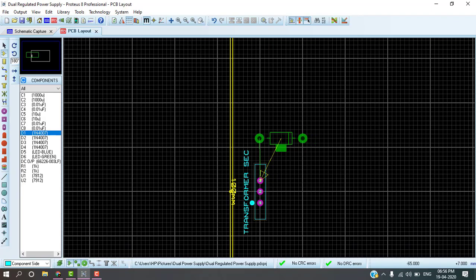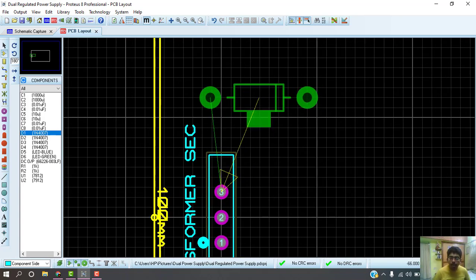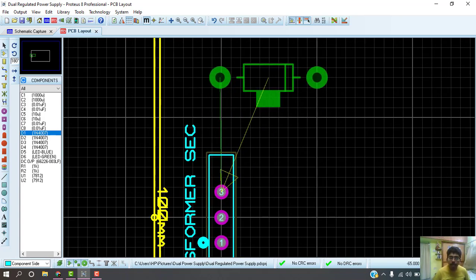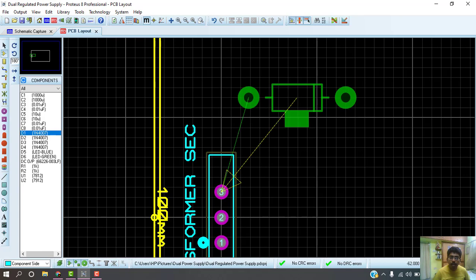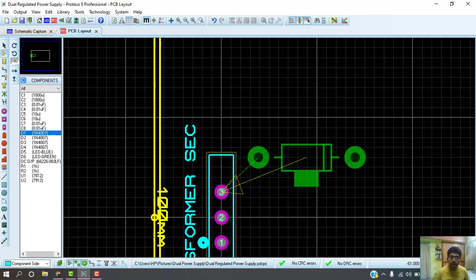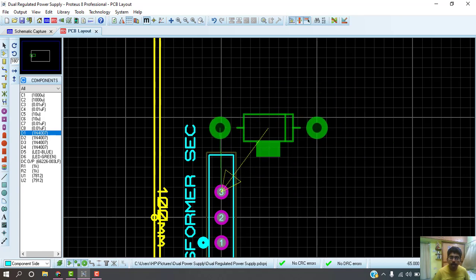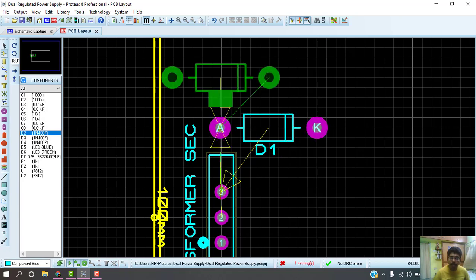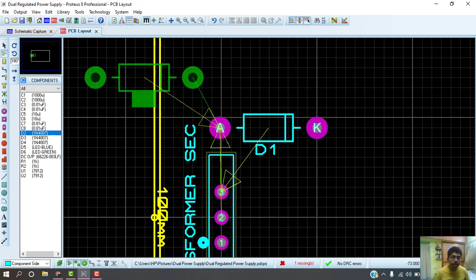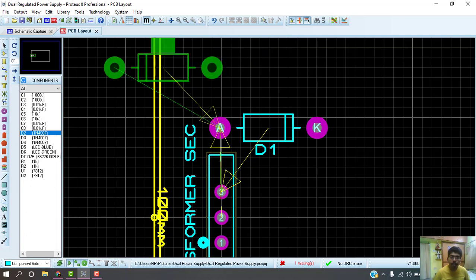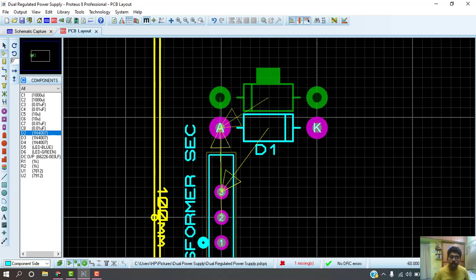You can rotate the diode using the plus and minus number keys and you can zoom in and zoom out using the mouse scroll button. Place the diodes as near as possible. You can see 2 color lines, green and yellow. The green line shows the connection.